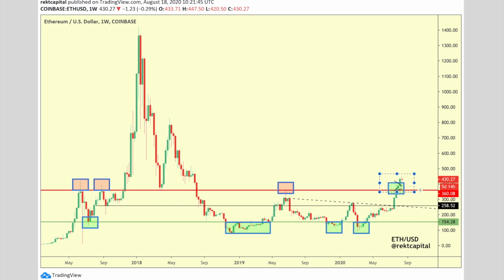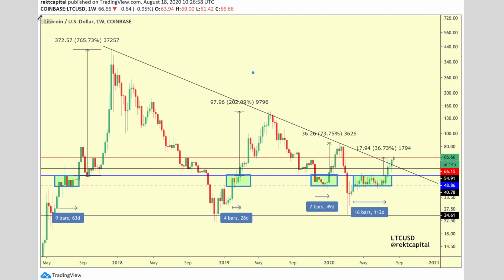It's very early stages. Don't panic if you're seeing this dip on Ethereum and everything else is moving and Ethereum isn't. The reason that things are moving right now is because Ethereum has actually broken out and taken the market to new highs, and everything is following Ethereum now. So there's no need to be critical or negative on Ethereum because Ethereum is leading this market. Ethereum is actually making this market what it is currently. So it's all good with Ethereum, even if we see a dip, and it's all good with Litecoin as well,